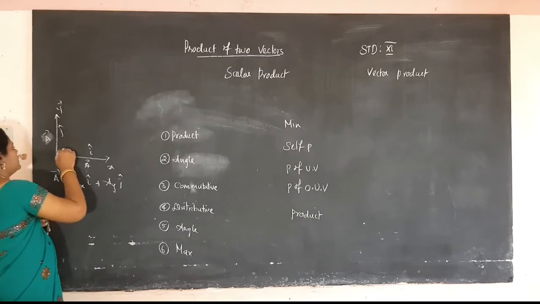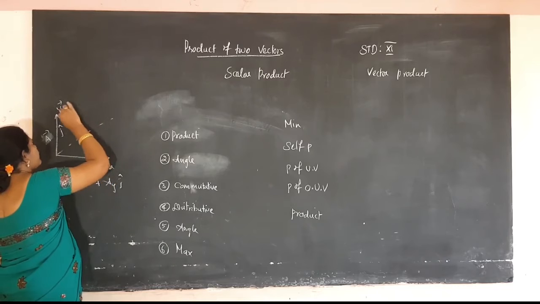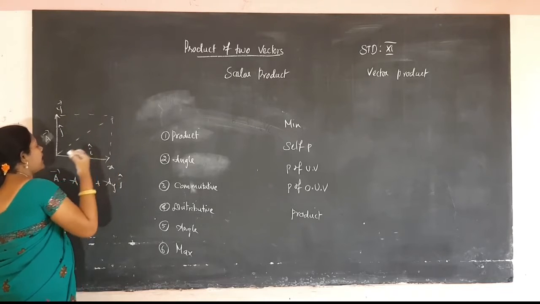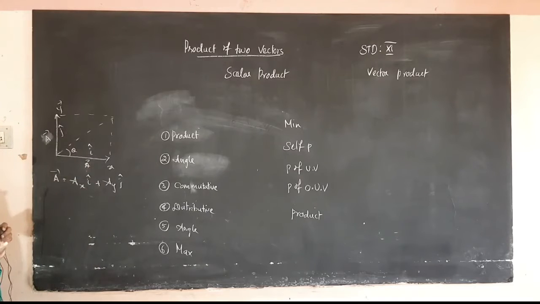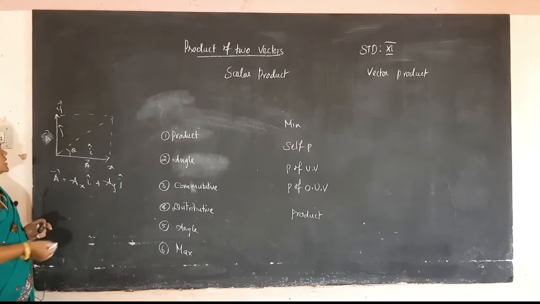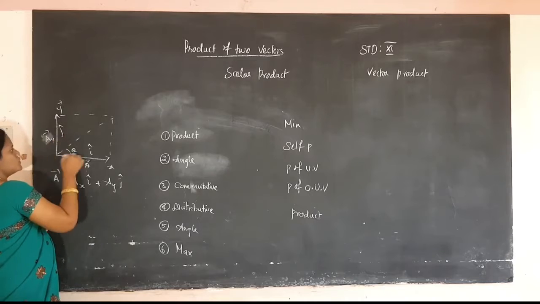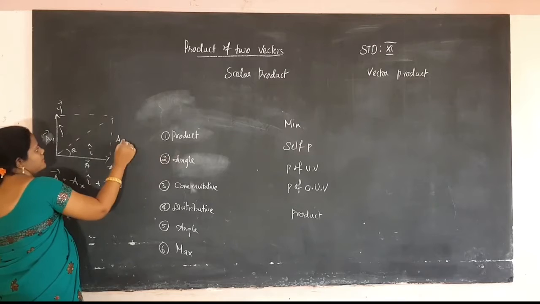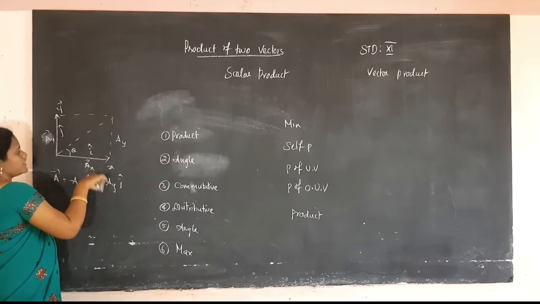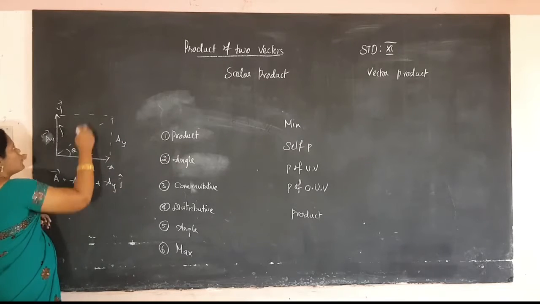Then we have to calculate the angle. Suppose you consider the angle here. How will you calculate the ax value? This is a in y axis. The same value is there on the right hand side, that is ay also. This is ax, the x component of a. So this is also ax.